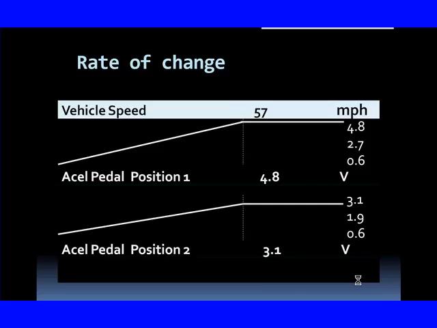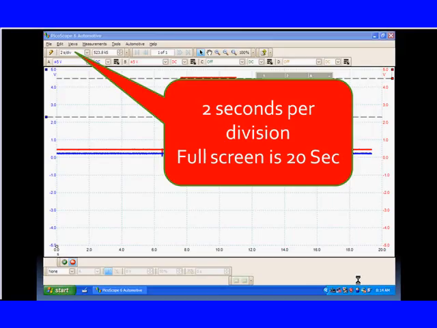We're looking at this with a scan tool, but we know sometimes we're going to have to use a lab scope. Now we've set this up to read 2 seconds per division, which gives us a full screen of 20 seconds. Each one of those rectangles on the screen is 2 seconds wide. There's 10 of them. That gives us 20 seconds. We're trying to keep our promise to you of telling you why we set this up. We set this up so we have time to sweep up, sweep down, and catch it on the screen